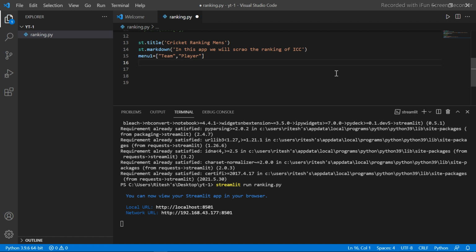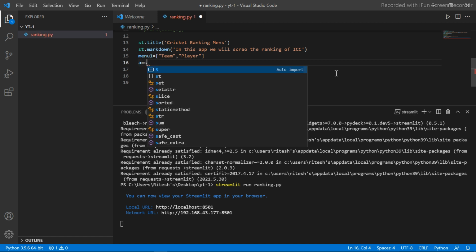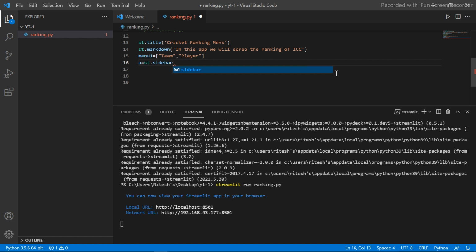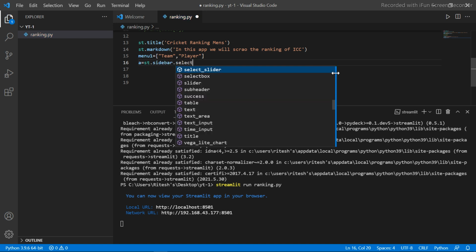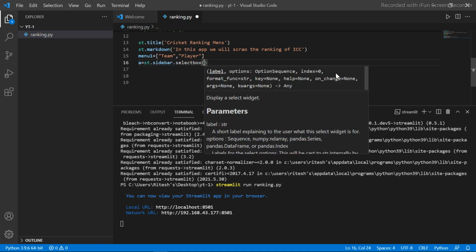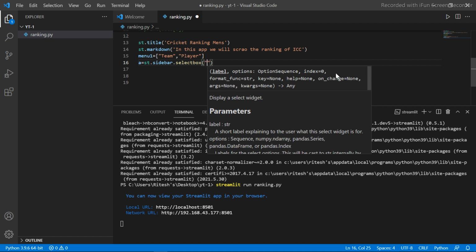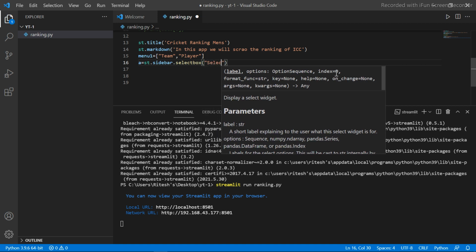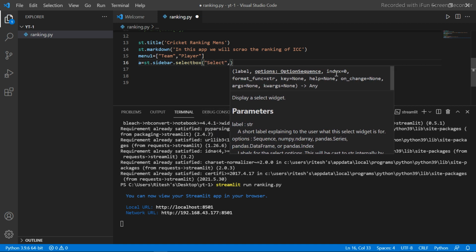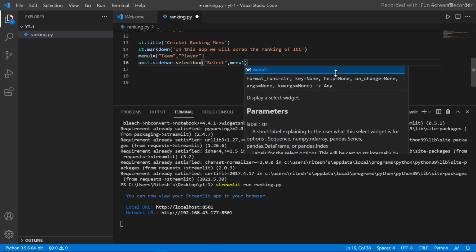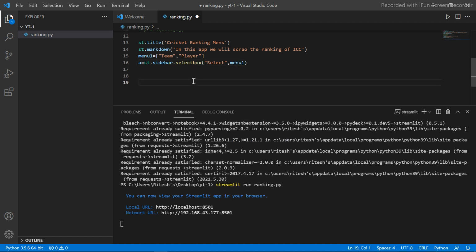Let's see how it works. a is equal to st.sidebar.selectbox. Now let's see if the sidebar is coming or not.